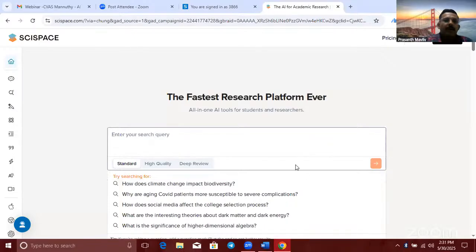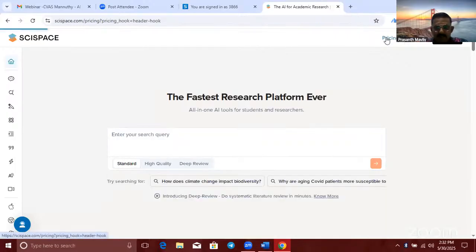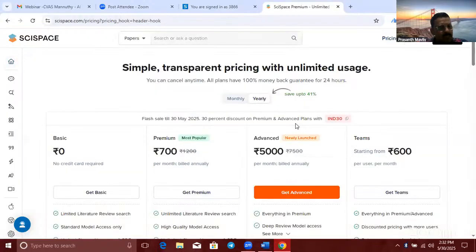Okay. Before going to any AI tool, first we have to think: today I will be discussing only the free AI tools, because most features are available in the subscription-based version, but there are also so many features we can avail without giving a single penny. The first and foremost thing you have to check is the pricing of any AI tool you are going to use. This is an all-rounder type AI tool.